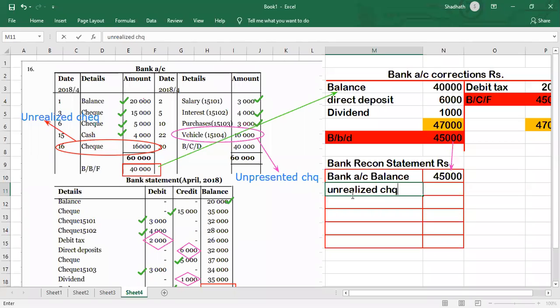Unrealized check 16,000. What do you have to do? Okay, this 16,000 check, this is the main point you have to understand clearly. The 16,000 check is debited to the bank account, already debited. What does that mean? We have deposited the check. So if we deposit a check,